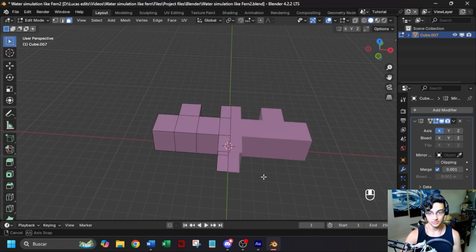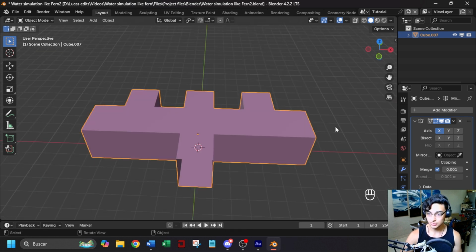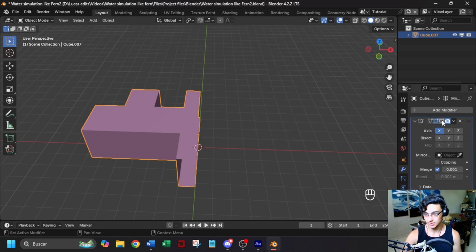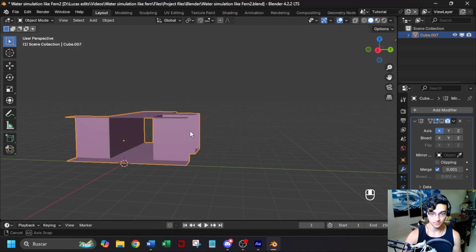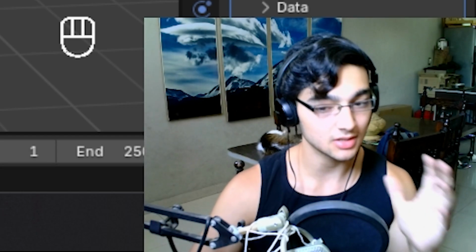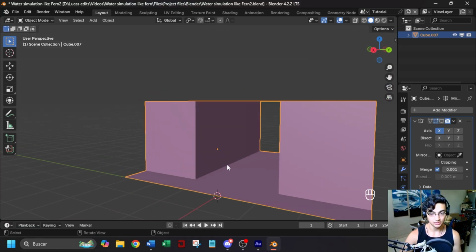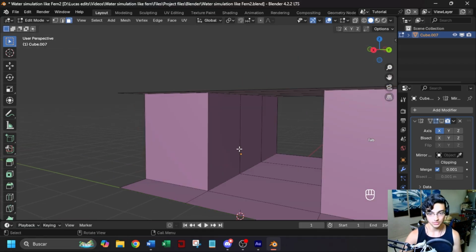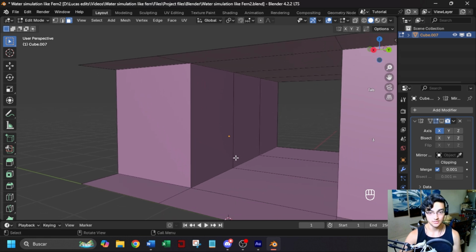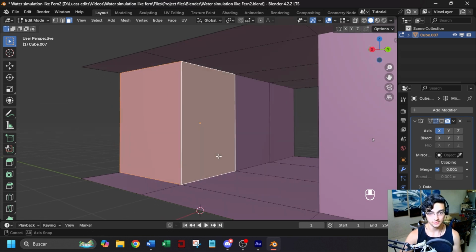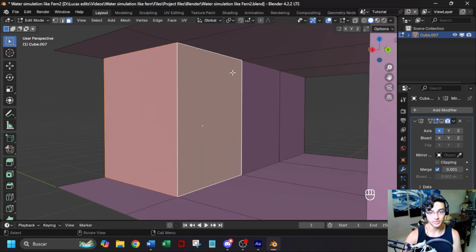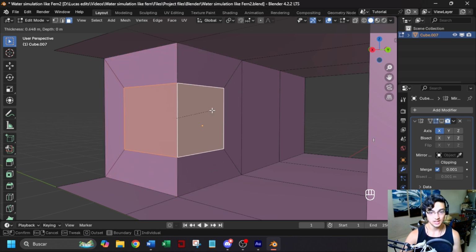Edit faces, and you have something like this. I'm going to hide the mirror modifier for now, just pressing this button right here, so I can work more comfortably. So I'm going to get closer to here, and I'm going to go to edit mode, press 3 and select these faces right here, and I'm going to press I to make an inset